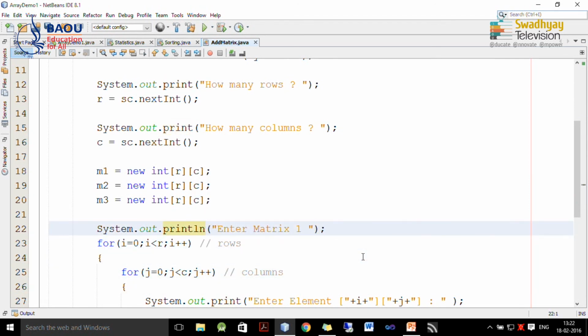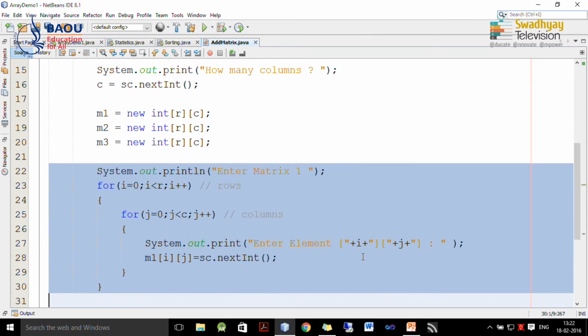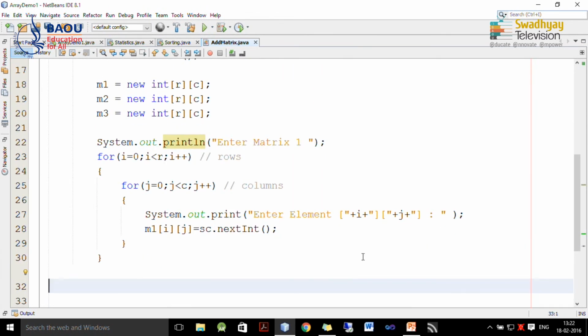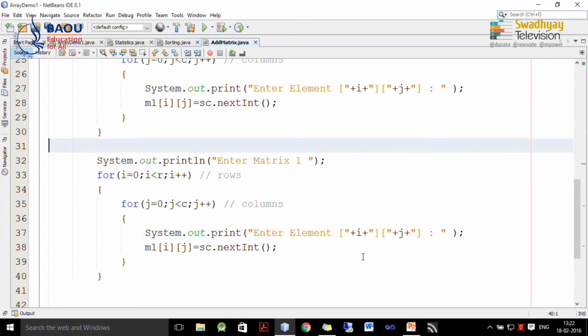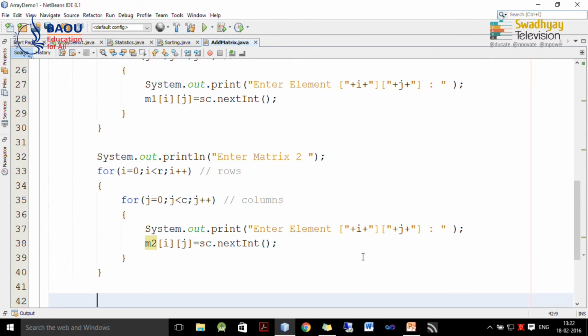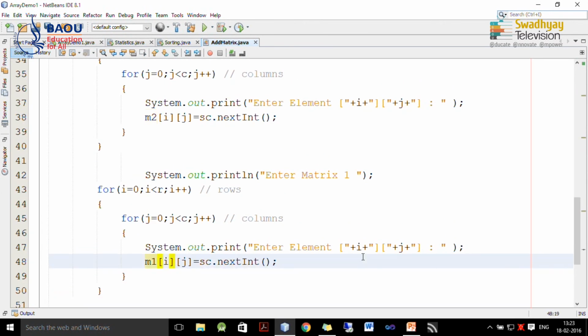Now, same we write down for matrix 2. So, copy these and just change this caption to matrix 2. Now, row and columns are same, but this time we are going to store data inside matrix 2. Now, we want to add two matrices.